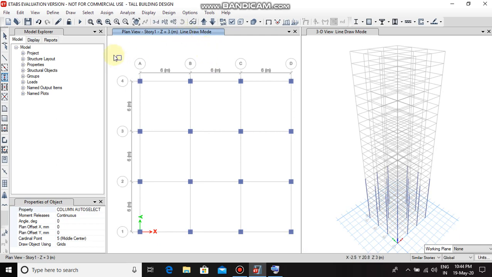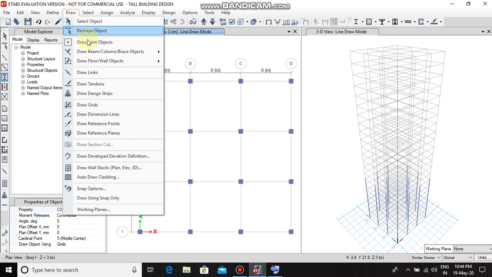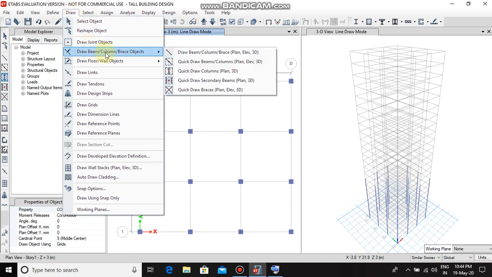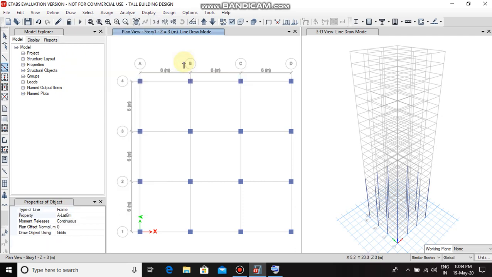Now go to Draw, Draw beam, column or brace objects. Go to quick draw beams or column. Change the property to beam auto select, keeping it at similar stories.